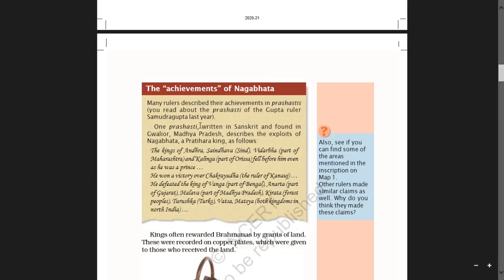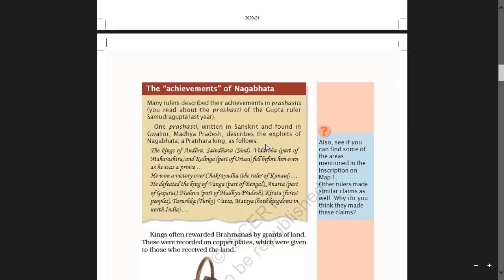One Prashasti written in Sanskrit and found in Gwalior, Madhya Pradesh, describes the exploits of Nagavatta, a Pratihara king, as follows.